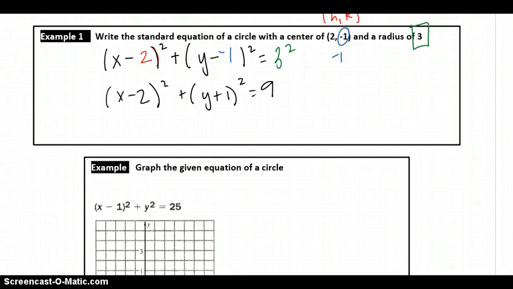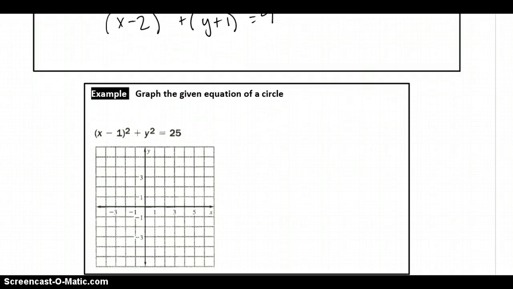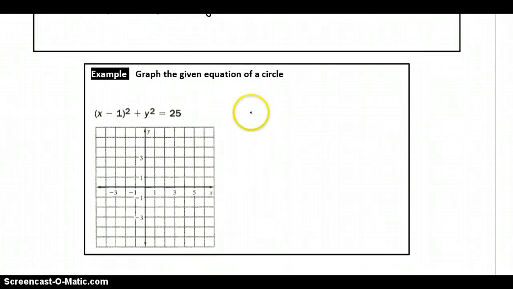Alright, so now we're going to work the other way. In our next example, we're given the formula, and it wants us to graph it. So in order to graph it, we need to find the center, and we need to find the radius. Those are the two things that we need to find in order to graph it. So to find our center,